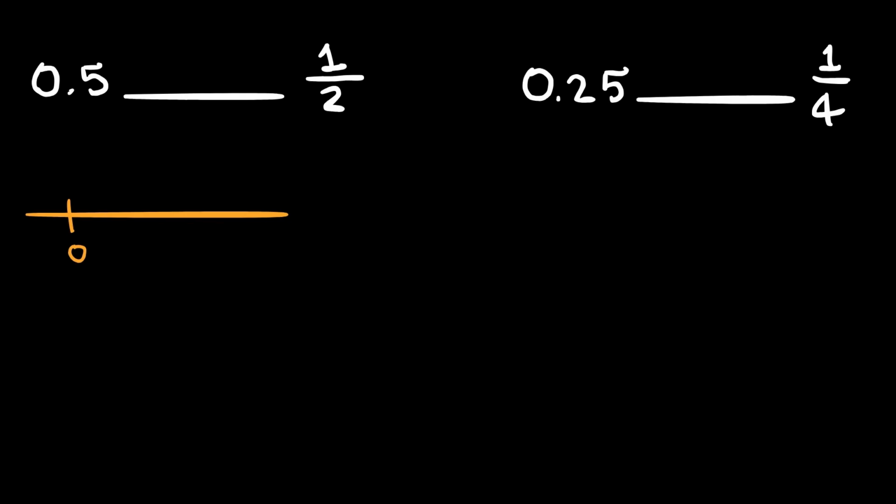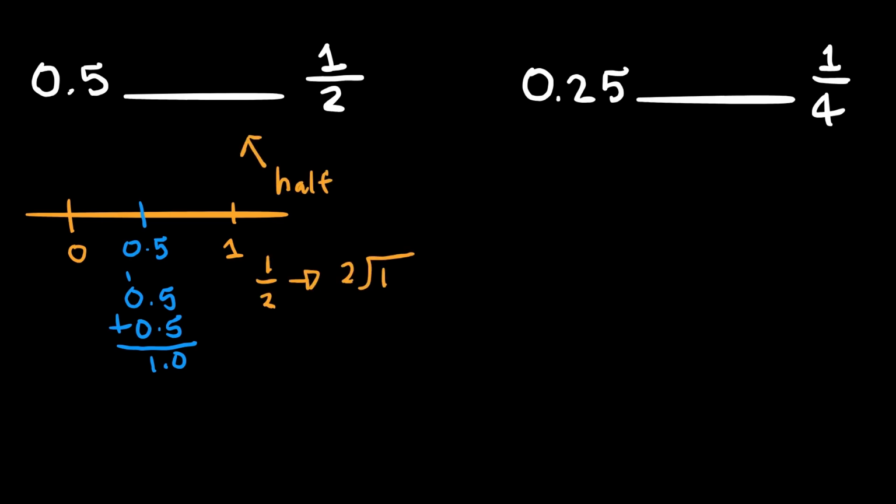So we have 0 and we have 1 over here. But 0.5 will be in the center between 0 and 1. Why? Because if you add 0.5 plus another 0.5, you actually get 1.0, which is 1. And we don't really know what this fraction looks like as a decimal. So we need to divide